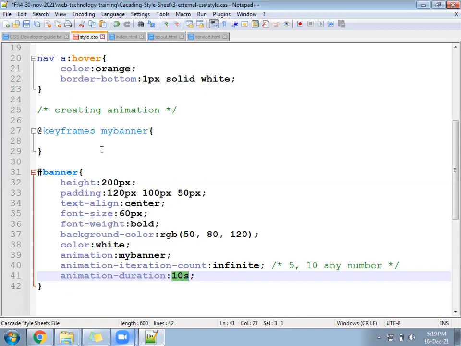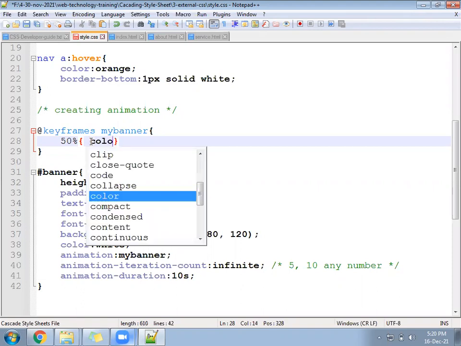Let's go here now. Now write the functionality of animation. Okay, in 10 seconds, when 50% of the time will get finished, what will be the 50% of 10 seconds? 5 seconds. Once the page loads, after 5 seconds, once the 50% of total duration will get finished, then what should happen?